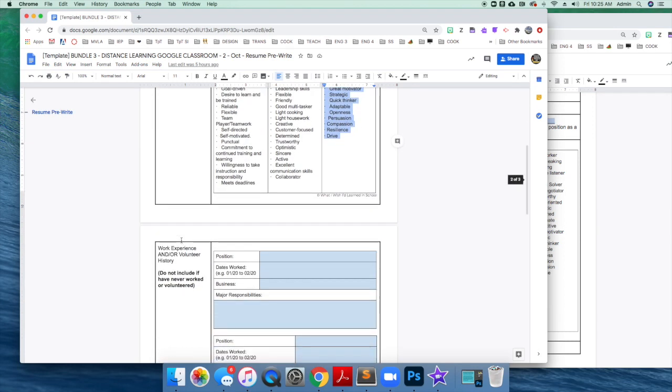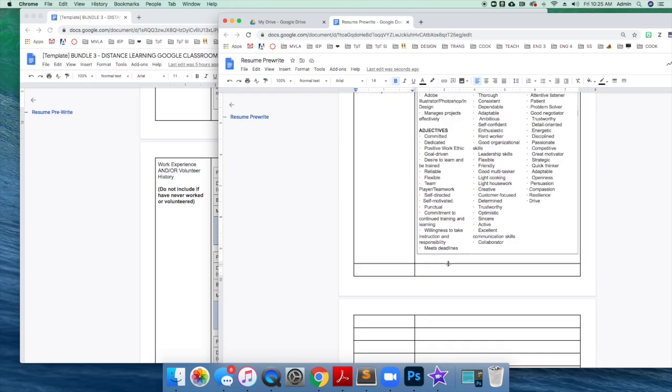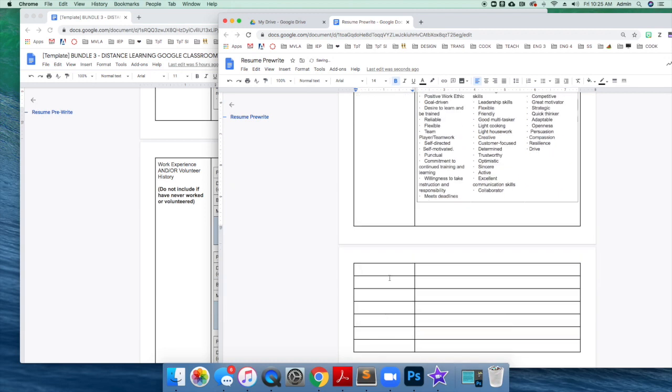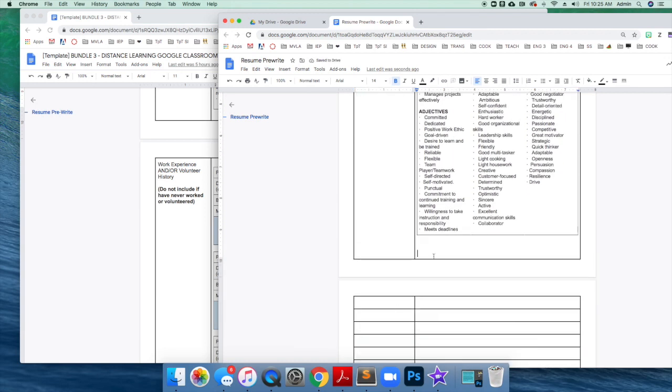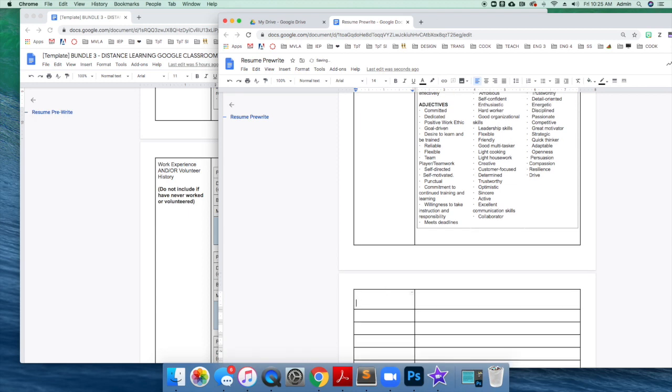As I go down, we're going to do work experience. So I'm going to press enter so it spans onto the next page. And let's see, I think this is still the same cell. So let me delete it. Let's go to this cell. So this section is work experience